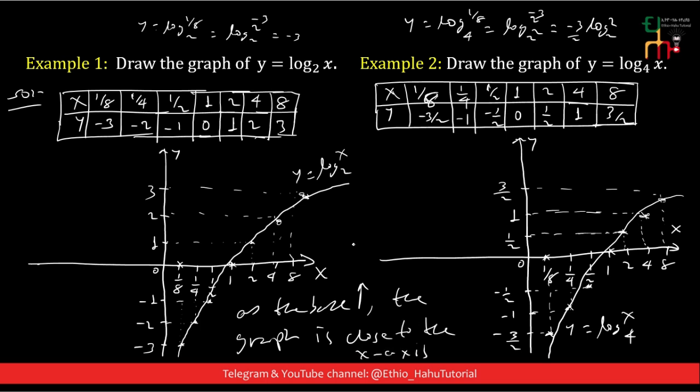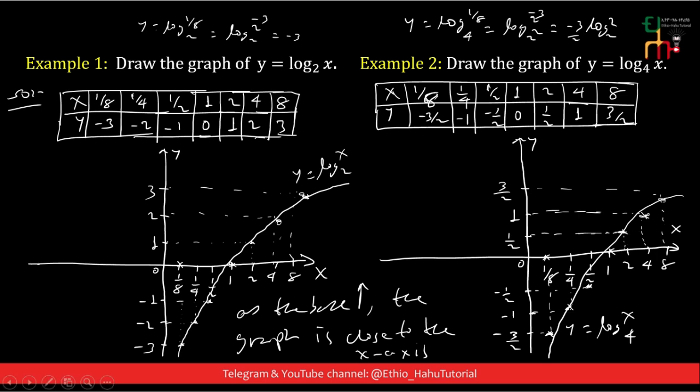This graph is closer to the x-axis than this graph. That is the point that I want to emphasize. When the base is large, the graph is close to the x-axis. In this case, the graph is far from the x-axis, whereas in this case, the graph is close to the